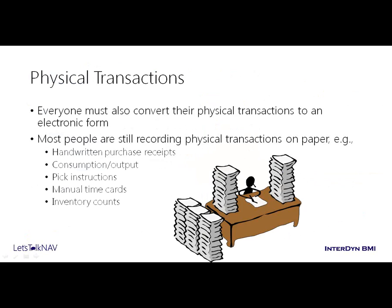If you're doing production, you've got consumption and output, you've got pick instructions in the warehouse, all of those sorts of things, inventory counts. All of those physical transactions where you're physically touching stuff and having to record that in your virtual world, in your electronic system, that's a very inefficient way of doing it, because you've got that duplicate data entry, all of those things that you likely know are causing you issues